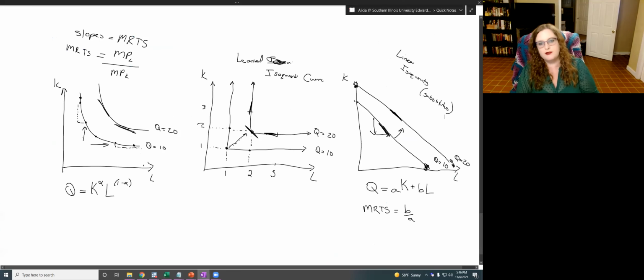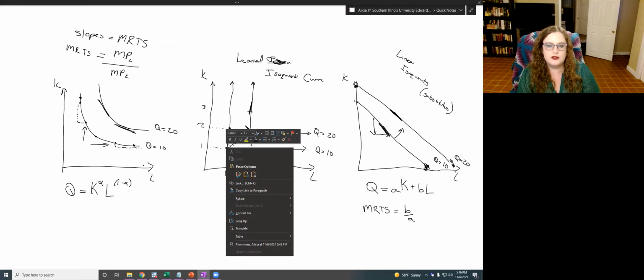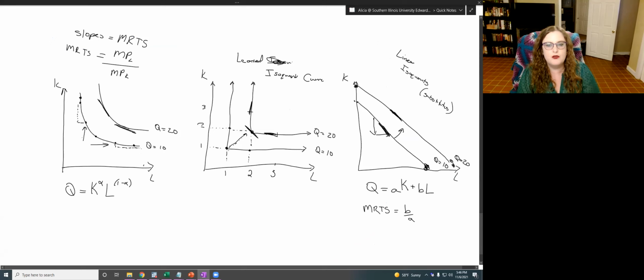So that means in Leontief, we might have the case where if we're right here, we have to add some of both inputs to be able to increase production. To go from Q equals 10 to Q equals 20, we'd have to add more of both inputs. If we add only, for example, capital, that's very difficult, because adding only capital does not help with the fact that we need more labor to sit at those pottery wheels to be able to produce more ceramic mugs, right? So our function in this one is just Q equals the minimum, so whichever one we have the least amount of, right? Of, let's say,